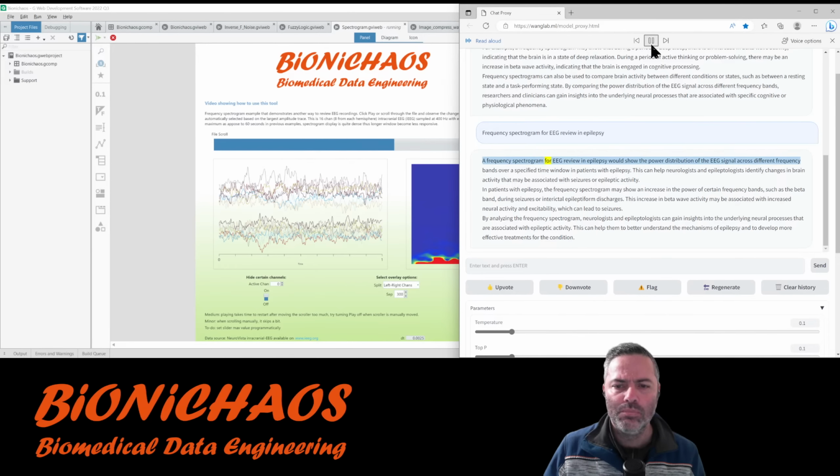A frequency spectrogram for EEG review in epilepsy would show the power distribution of the EEG signal across different frequency bands over a specified time window in patients with epilepsy. This can help neurologists and epileptologists identify changes in brain activity that may be associated with seizures or epileptic activity. In patients with epilepsy, the frequency spectrogram may show an increase in the power of certain frequency bands, such as the beta band, during seizures or interictal epileptiform discharges. This increase in beta wave activity may be associated with increased neural activity and excitability, which can lead to seizures. By analyzing the frequency spectrogram, neurologists and epileptologists can gain insights into the underlying neural processes that are associated with